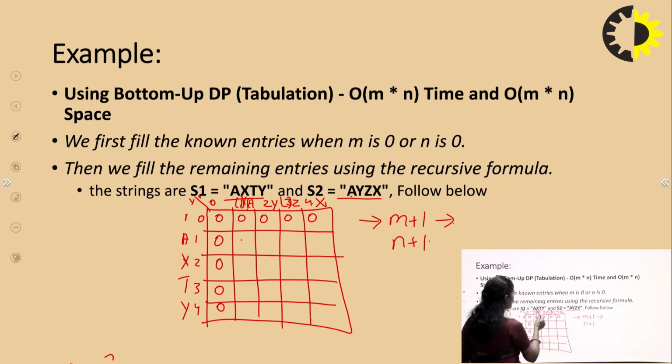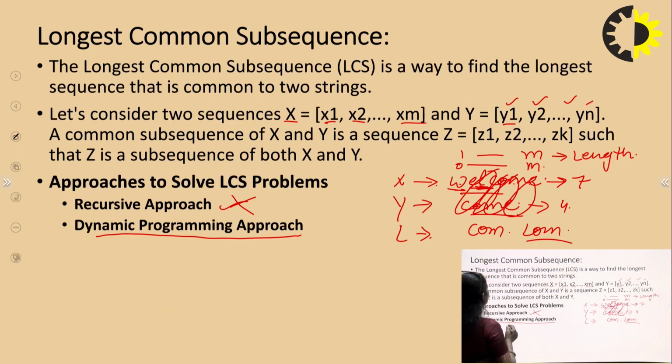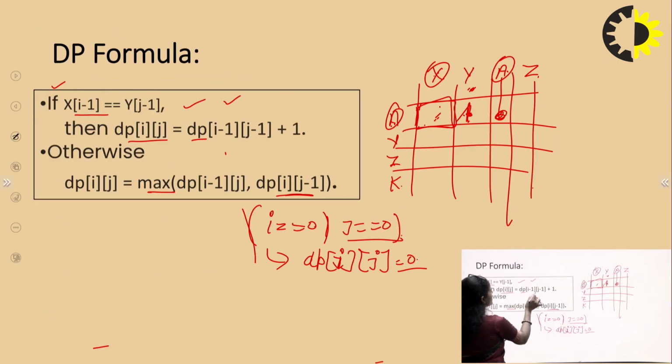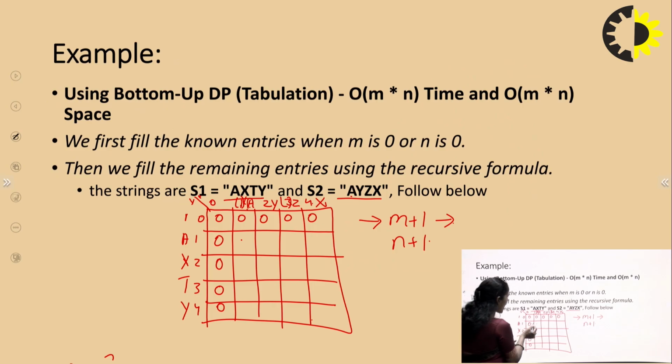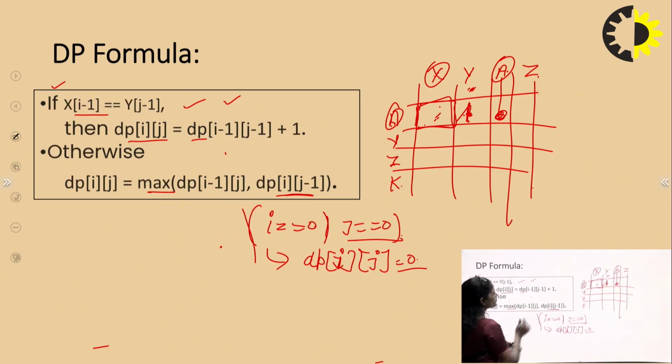So what do we have to do? This is matching, so that means what do we have to put? As the formula is decided: dp[i-1][j-1] plus 1. So how can we calculate i minus 1? I means row. So basically we are going to this particular position, right? Here we have the pointer. Next, j minus 1, that means column minus 1. Here we are at present, but after j minus 1 we are at this particular position. And as per the formula we are calculating these positions and plus 1, right?